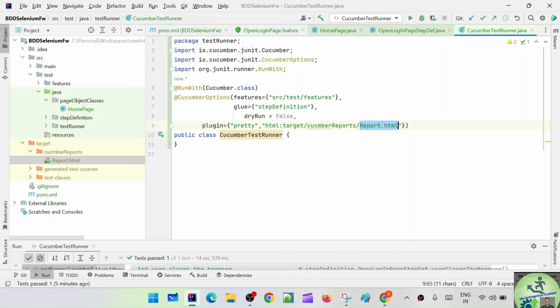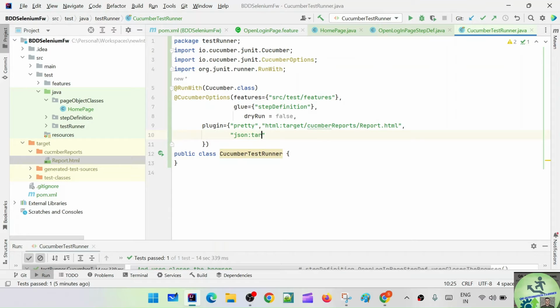That we'll see later. But similarly, Cucumber provides a few other reporting mechanisms also. This is one of them, the HTML report, right? So similarly, we can go with the JSON report. Okay, so how to write that JSON report? So here, this is HTML. Okay, so now let's go with the JSON report, comma. Okay, after giving comma, let's go with the JSON report. So here you have to say within the double quote, of course, JSON colon, and you have to give the